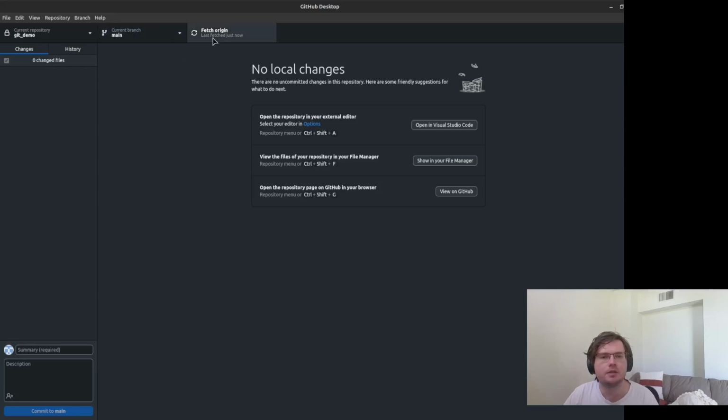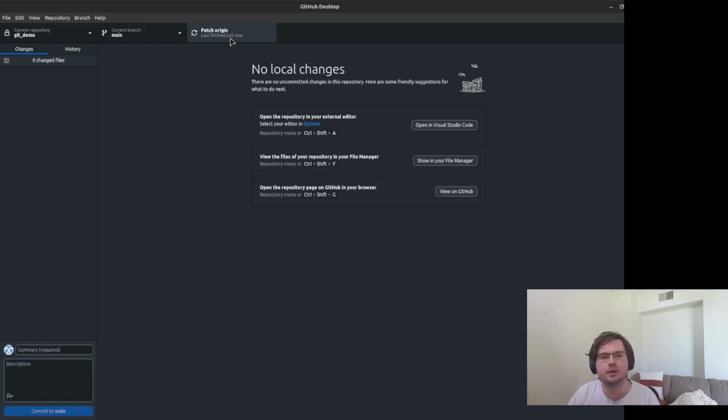So now you can see that this button changed from being Publish Repository to Fetch Origin. The reason for that is origin is just the word that GitHub will use for the original source of your code. Now, because you have things up on the internet, someone else may make a change to your project and push those changes up to the website. But your laptop maybe hasn't been connected to the internet, maybe you haven't pulled anything new down. So there may be changes at the origin, the place that your Git repo is determining to be the source of truth for these things.